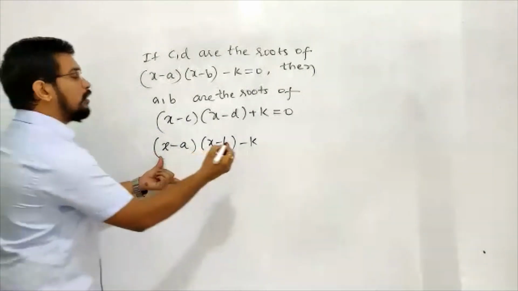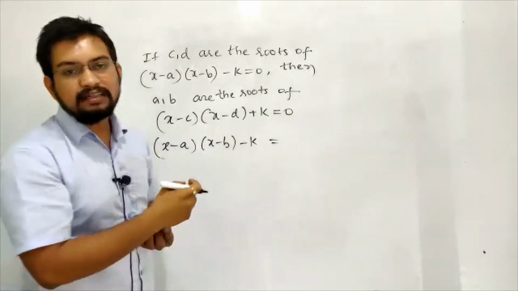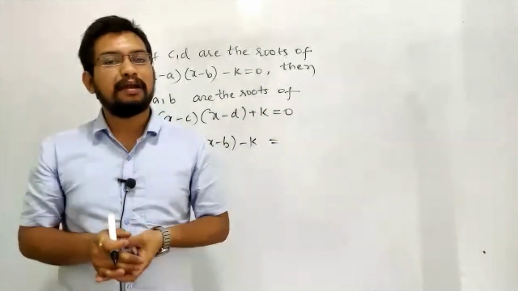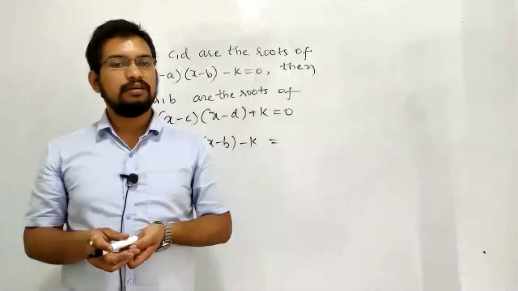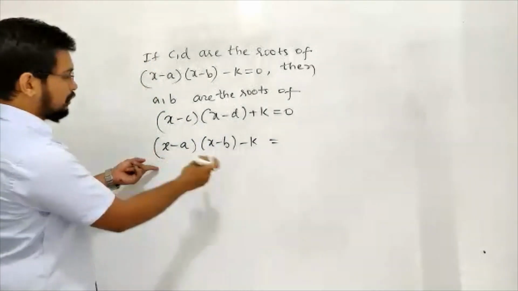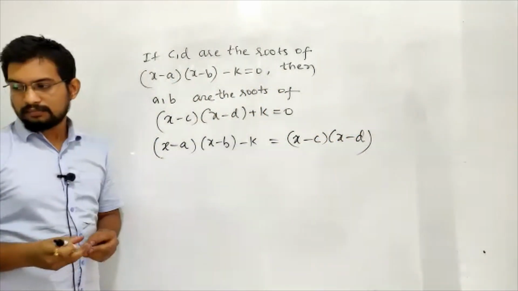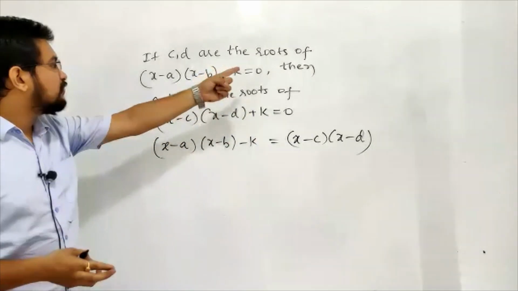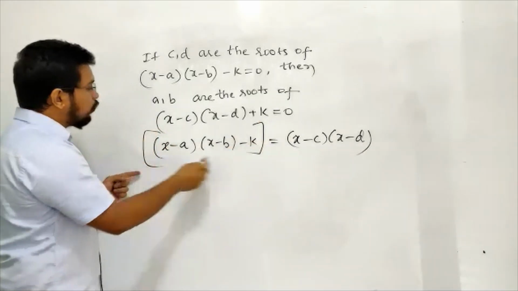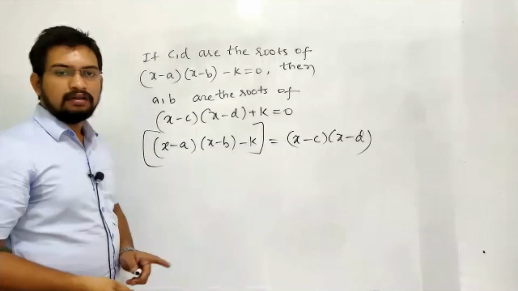So this is a quadratic, and they said c, d are the roots of this quadratic equation. If alpha, beta are the roots of a quadratic, that quadratic will be constructed as a into (x minus alpha)(x minus beta). Now, as c, d are the roots of this, taking this as a whole, it will be equal to this factor multiplied by this factor. That is what the factor theorem states.